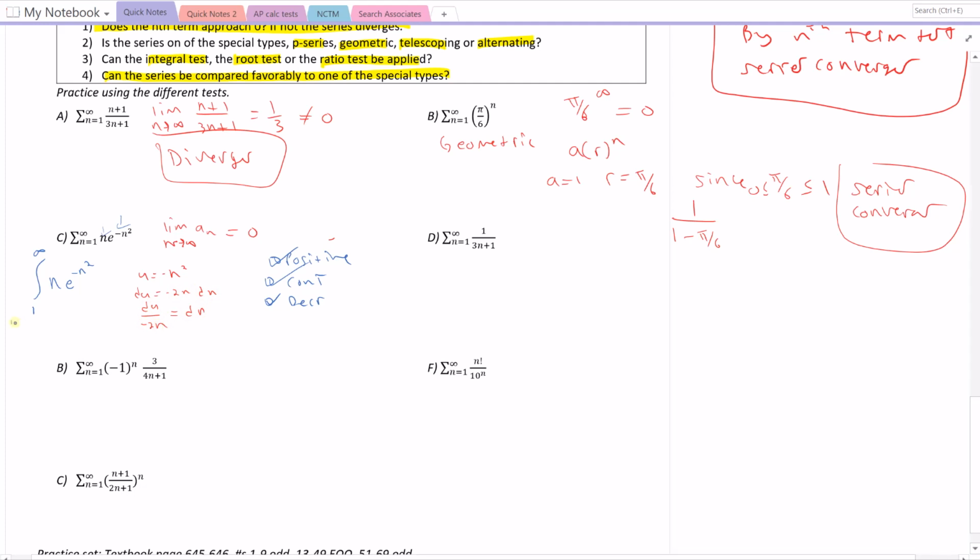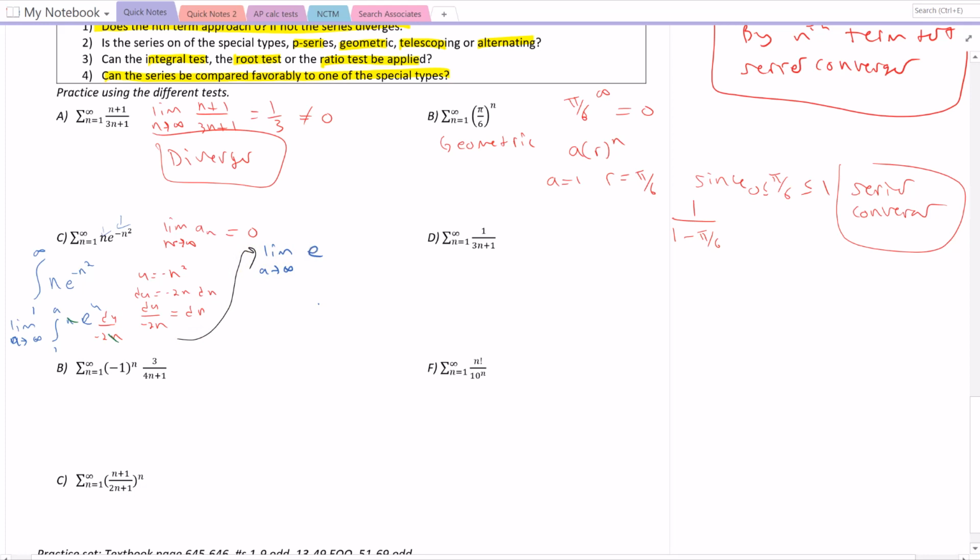And so we're going to take the limit as a goes to infinity, 1 to a, of n times e to the u times du over negative 2n. This will cancel, that'll cancel. Let me erase these guys. I'm going to go up here. So we're going to have the limit as a goes to infinity of the integral of e to the u, which is e